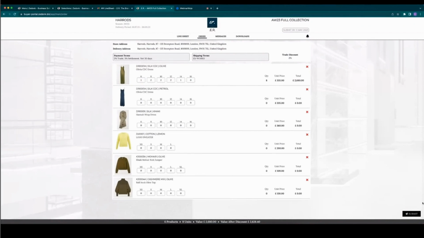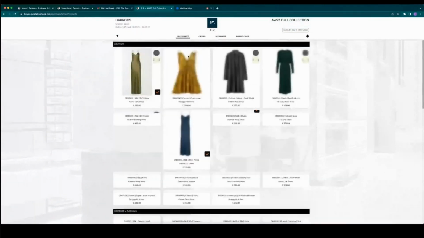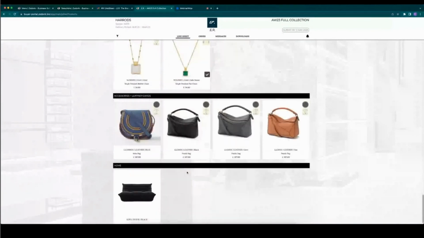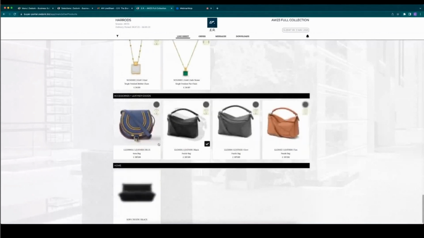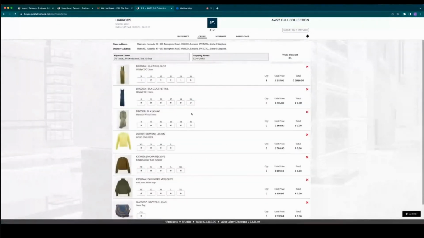So even if this link was sent to 5 different Harrods buyers, the portal will hold this information. So long as it's saved, they can keep going in as many times as they need to until the submit date or until they have submitted the order. So they've always got the option to keep going back and adding new things to the order, or perhaps removing bits as well. Just by them quantifying here, this is not yet feeding through into your orders area in Zidonc, not until they have actually submitted their order.